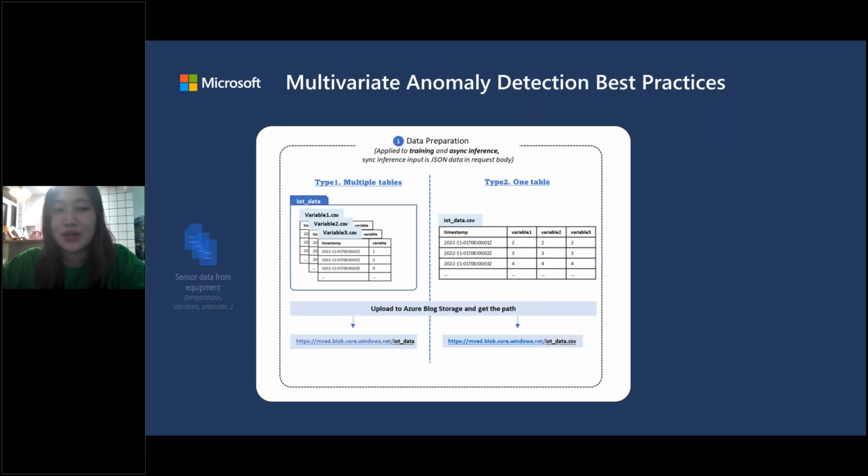Okay, so I will talk a little bit deeper about the multivariate anomaly detection best practices. You can see here how you prepare the data. Currently we are providing two ways, based on our current investigation of customers' use cases. Some customers might store their metrics in different files or different tables. So they can provide their sensors for each table, and each table will contain the timestamp and its variables, and then zip them into a folder, and use the folder as a URL to train